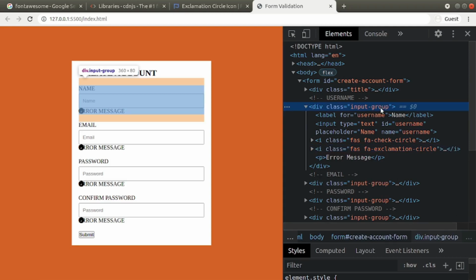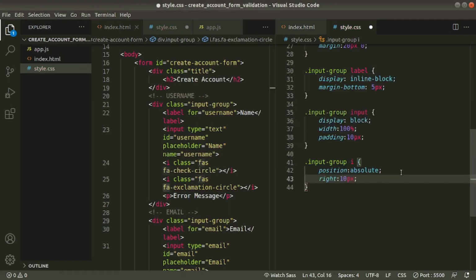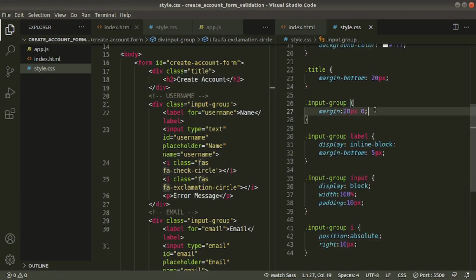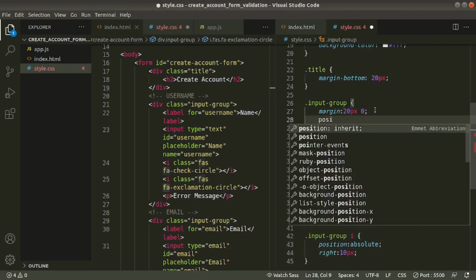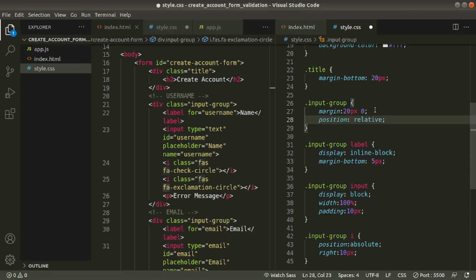We want to move these icons from right 10 pixels. Okay, let's do that. 10 pixels. Save it and let's go and check. See, these are here because we need to change the parent, that is this one, to position relative. Okay, save this one, let's go and check.